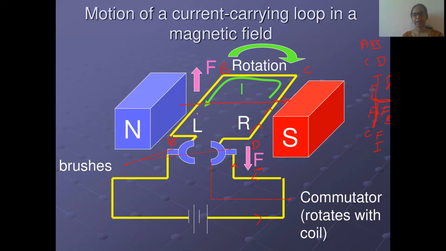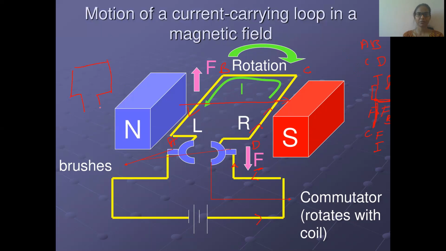See here, the way the current is moving in this direction. Here the forefinger is like this, the magnetic field like this, the current is coming in this downward direction towards me, and you can see the thumb is going in the upward direction. So when the thumb is in the upward direction, the coil will be going upward. So let us see only the coil; the entire system I just neglect.